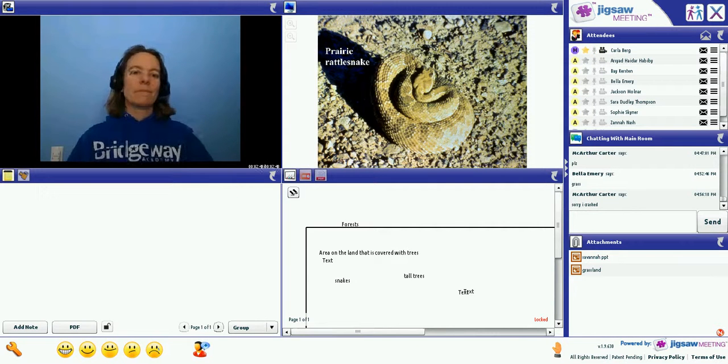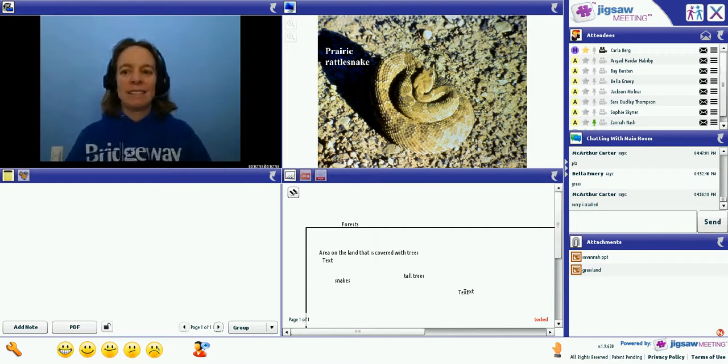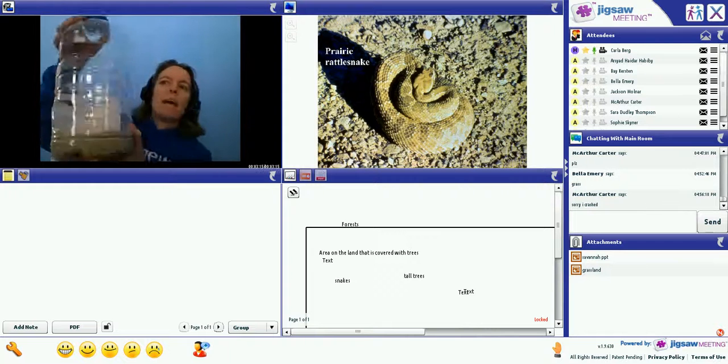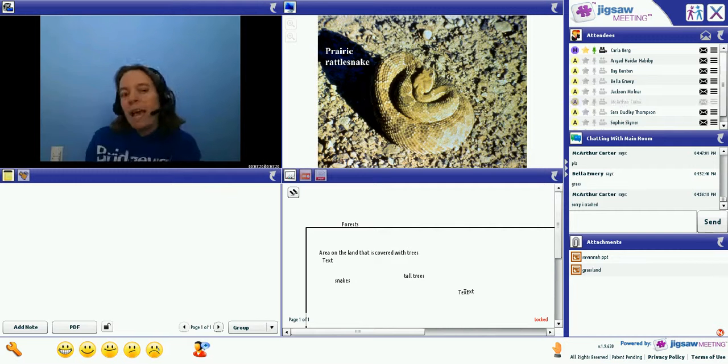Anyone else have any questions? One thing, about the aquarium lid, do you need a hole, like you need to put a hole in the lid? You should be fine because your lid is not, even if you put it back on top, it's not going to form a tight seal. So some air is still going to get in. You certainly can put a couple holes in the top if you want, but I don't think that you have to. Anyone else?